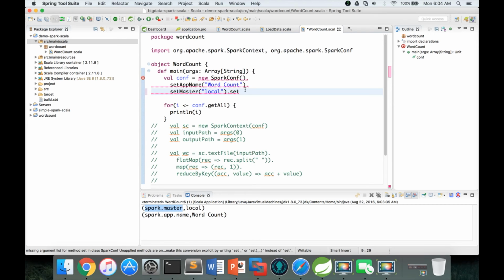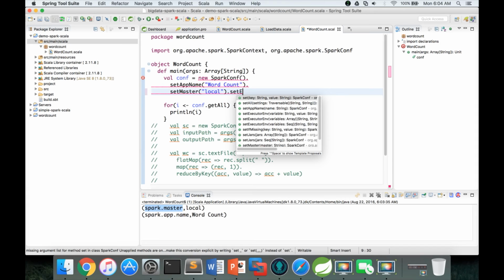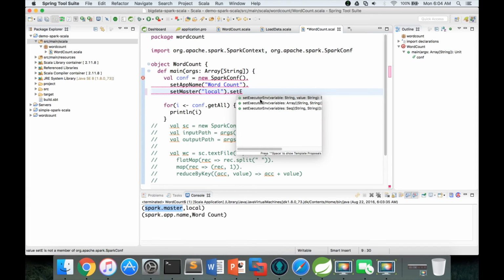It takes both key and value as the arguments, and on top of that, it also has something called setExecutorEnv. If you want to override executor level environment variables, then you have to use setExecutorEnv. What are those environment variables at executor level? Typically they will be memory settings, and several other things related to the environment of the executor.